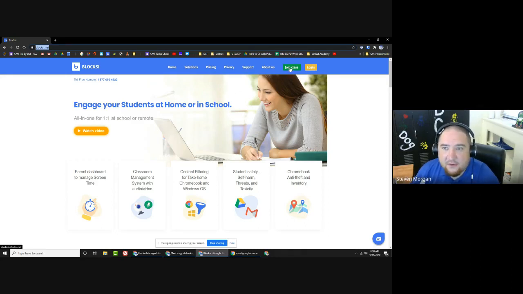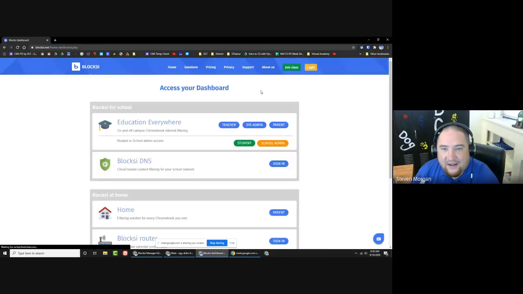The first thing I'm going to do is click login up here at the top right, and I'm going to click on the teacher dashboard. Just to point out a few things, there are a few different dashboards here, including a student dashboard, but students in our district do not need to click on this dashboard at any point. We have pushed out a Google Chrome application onto their